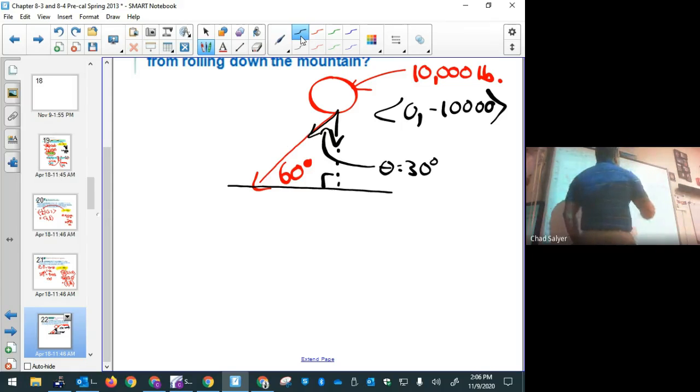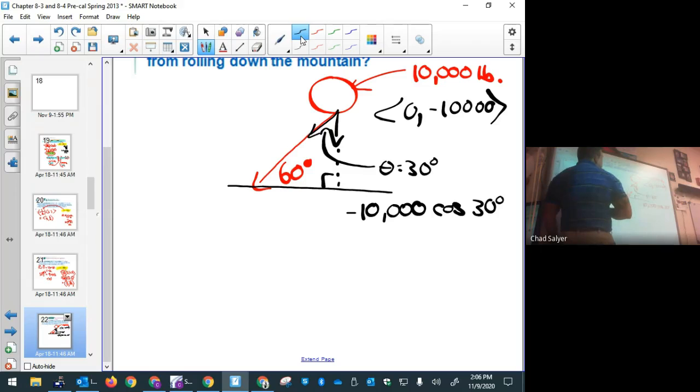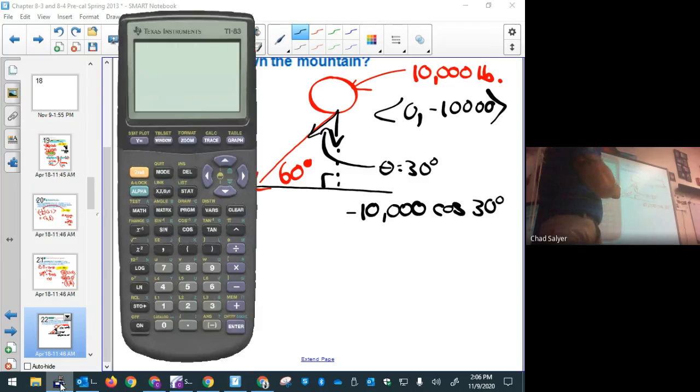So the amount of force, if I have 10,000 pounds going straight downward, the amount of it that would be displaced along this path is the following. And if I punch that in the good old calculator,